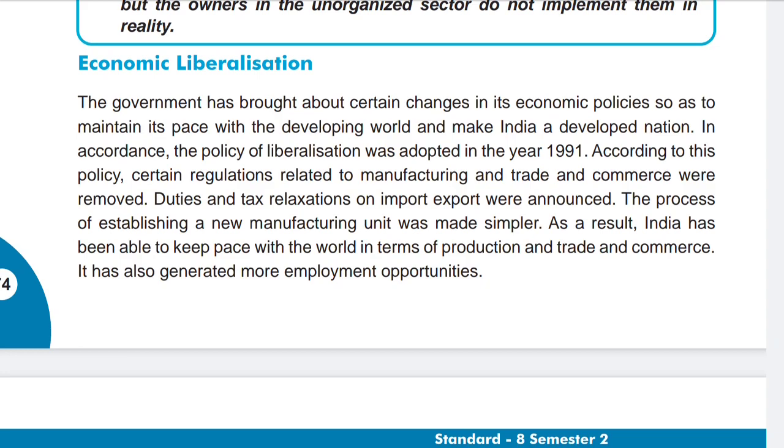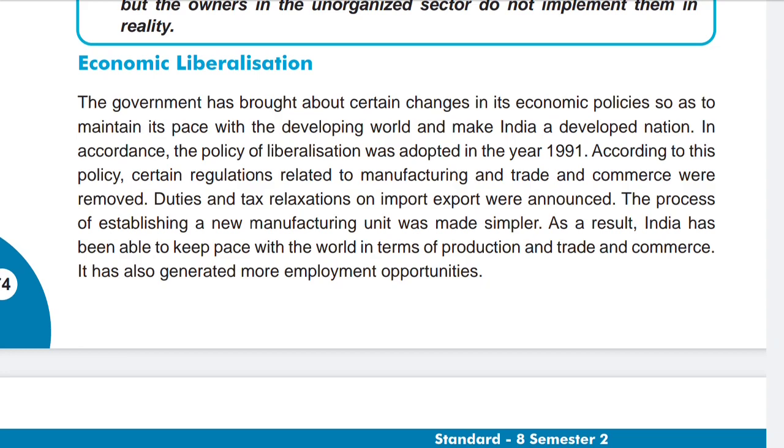Today we'll talk about economic liberalization. Before we start this topic, let us get a small introduction regarding liberalization. It is not alone. Liberalization was introduced by the Indian government in the year 1991 along with the policies of